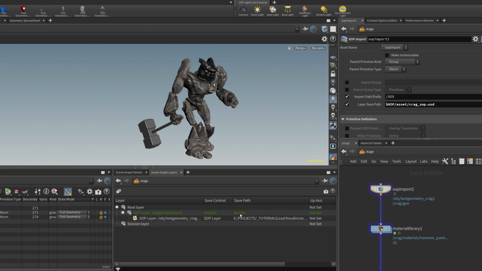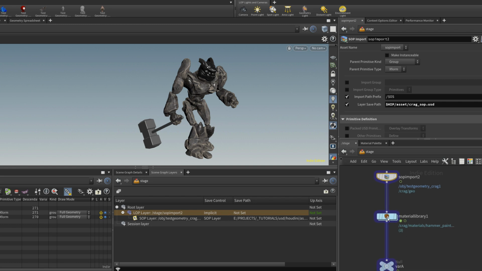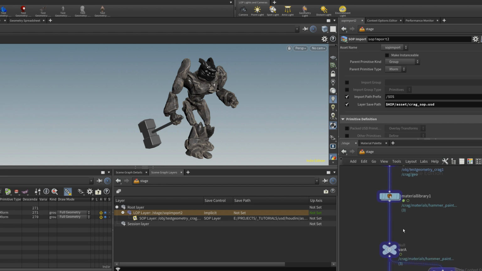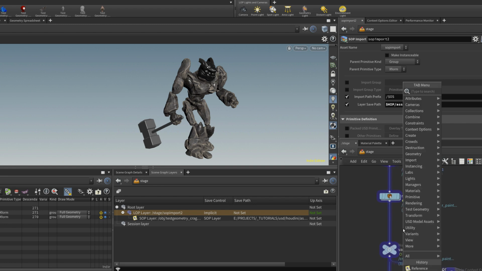And we could also save this layer, because what's happening with this SOP import is that it's storing a SOP layer, but there's also the main LOP layer that you would need to save. And to do so, if you need to save the LOP with the proper materials, in that case, you would need a configure layer.